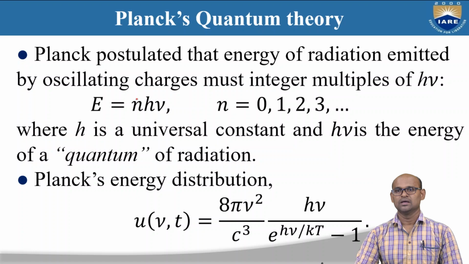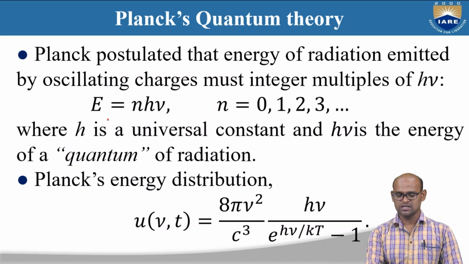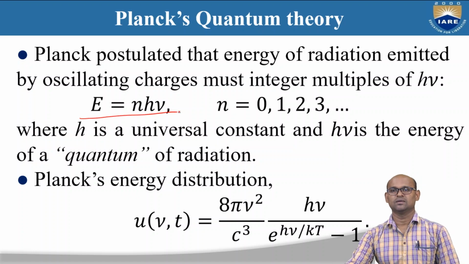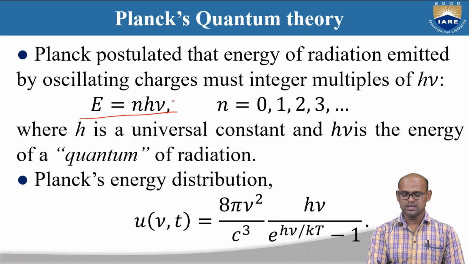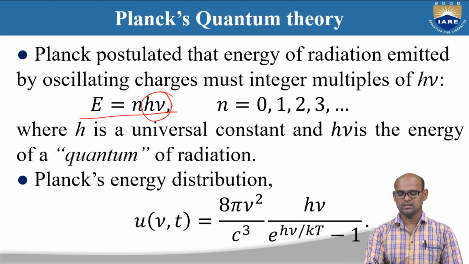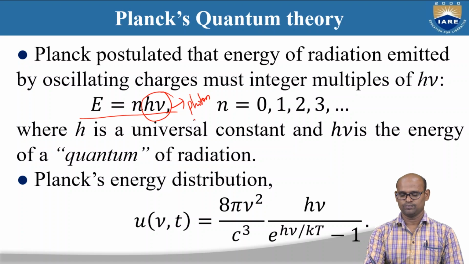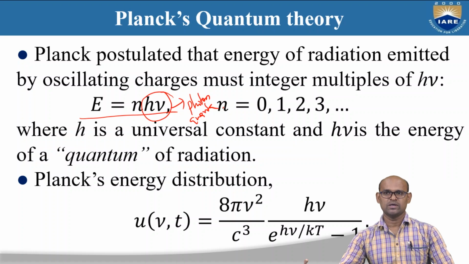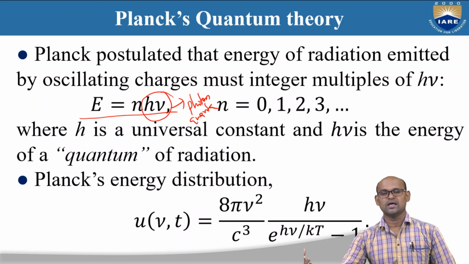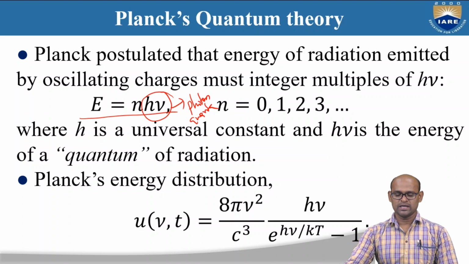So then Planck came up with his own idea and he postulated that the energy of radiation emitted by this black body is not a continuous wave. Instead, it is discrete energy packets. E is equal to h nu, where h nu is the energy packet called a photon or quanta. So the energy emitted by the black body is not a continuous wave. Instead, it is energy packets, and each packet has energy h nu, and this packet is called a